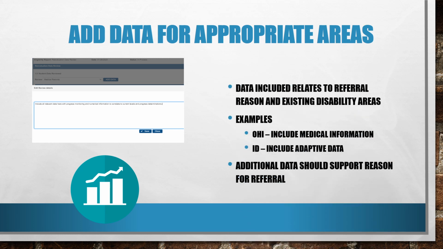After ensuring all current eligibility data is included, the team would add any data that supports new information or a reason for referral. The data and comments needed to justify the decision, which will be made in the next section, would all be included in this area. If the IEP team feels that the student needs to remain eligible for current disability categories, then the data information in each of these sections should justify and support the continued progress and reason for continued eligibility.